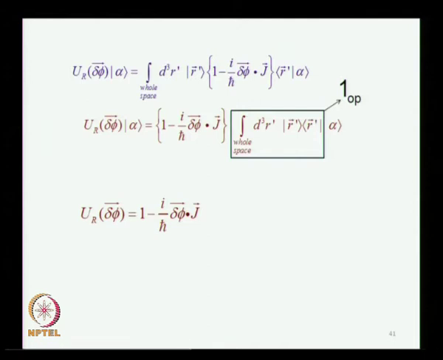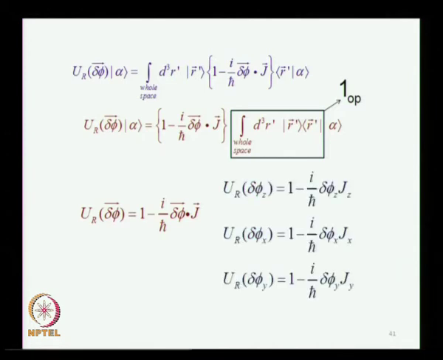So 1 minus i over h cross delta phi dot j, which is the operator sitting in that bracket, that is the rotation operator, and you can write it for different components depending on the rotations being about the x axis or the y axis or the z axis or about any arbitrary axis in space. You can always find the corresponding form. So you have these three components for jx, jy and jz,